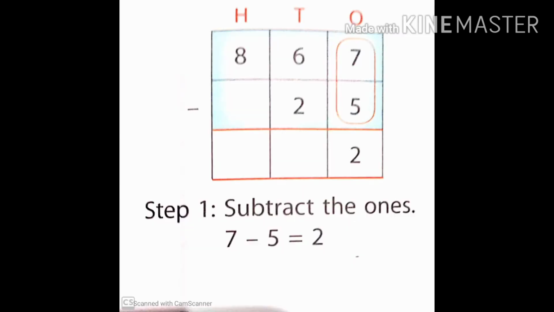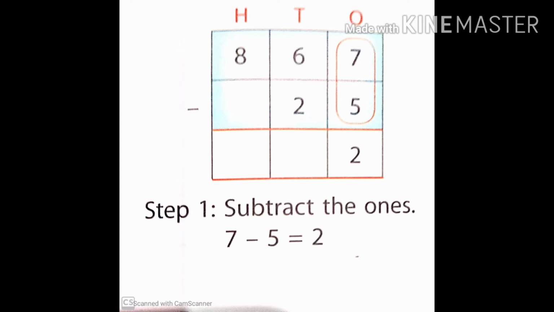So, very first point I want to say is never forget to write HTO before subtraction. Before you start subtraction, you have to write the HTO column. Then write the numbers in the correct place and then start. Never forget to give the sign of subtraction, that is the minus sign. Now I have divided this into 3 steps so that it will be easier for you to understand. Okay.